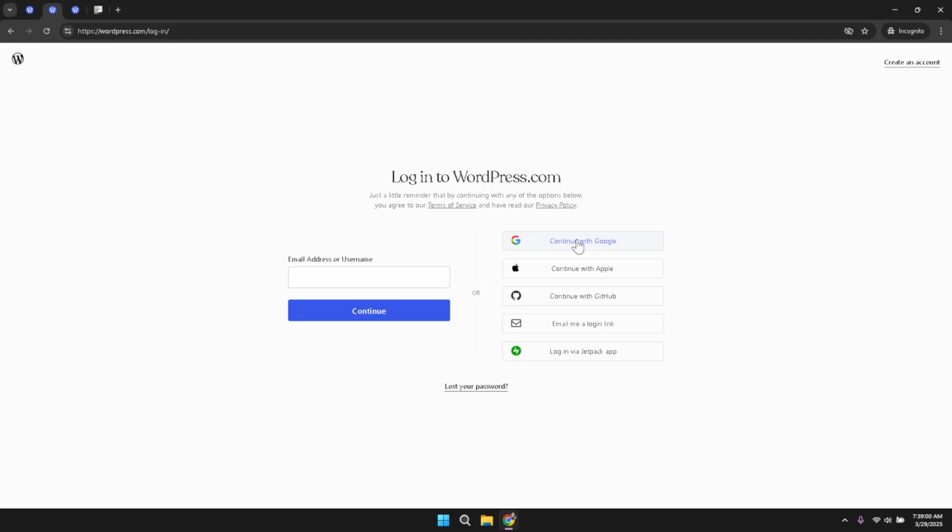Once you choose Continue with Google, a prompt will appear asking you to choose the Google account you wish to log in with. Select the appropriate account associated with your WordPress account, ensuring that you use the correct credentials linked to your subscription or blog management settings. This login process is designed to be secure and efficient so that you can quickly reach the next step in